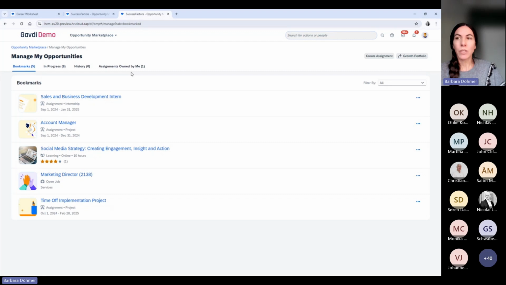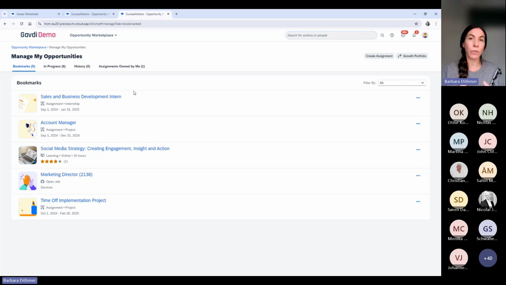So let me talk a little bit about assignments, which is one of the, let's say, not the main topics, but a huge topic for the marketplace. Assignments within Opportunity Marketplace refer to, let's say, practical experience that you can do that normally lasts less than 12 months. So these are short assignments, and it could be full-time assignments, part-time assignments.